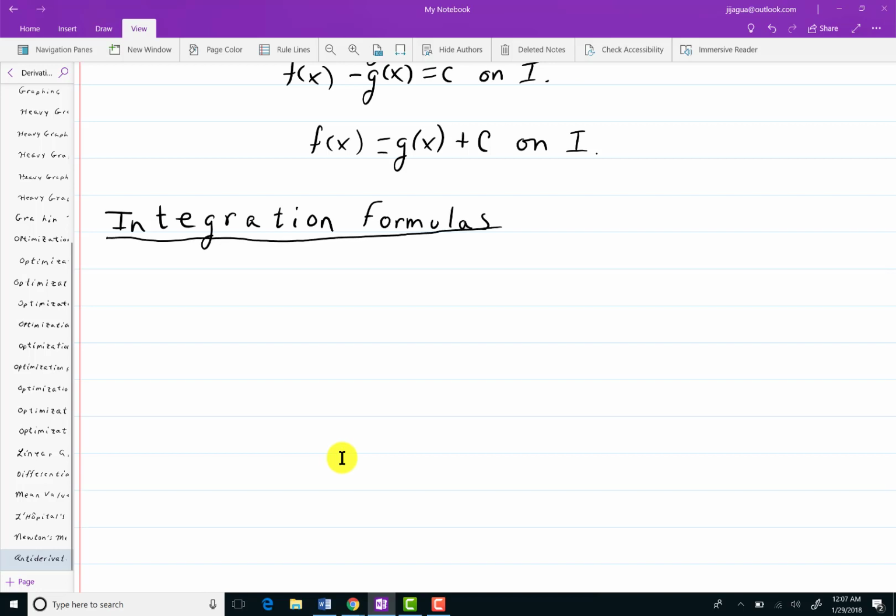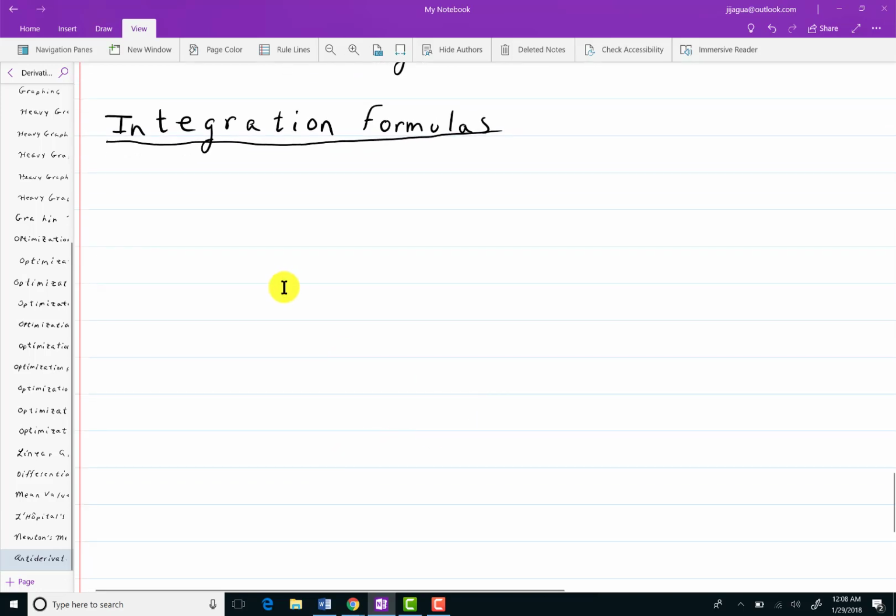Well, let's develop some integration formulas. And anytime you've got a derivative, you've got an integration. Let's take a look at an example. Let a be a non-zero number. The derivative with respect to x of arctangent of x over a